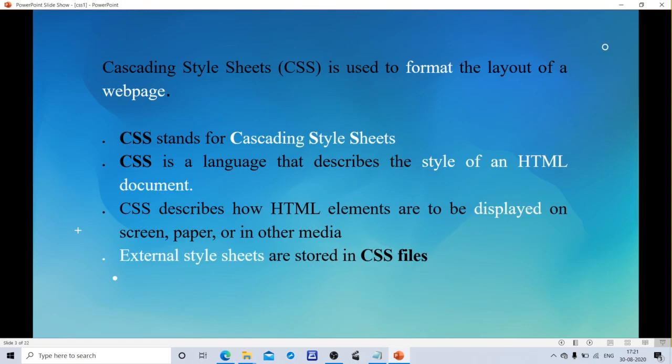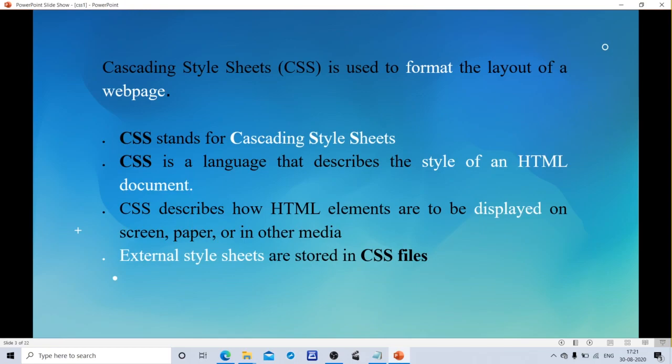CSS provides various style properties such as background color, padding, margin, border color and many more to style a web page. For styling a web page we need some properties. Those style properties are like border color, padding, margins, etc. CSS is used to define styles to your web pages including design, layout and variations in display for different devices and screen size.